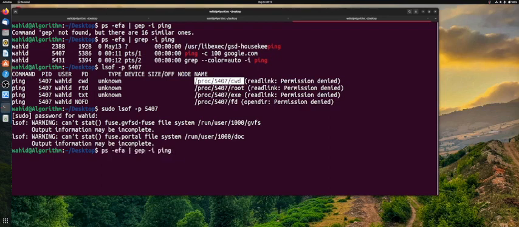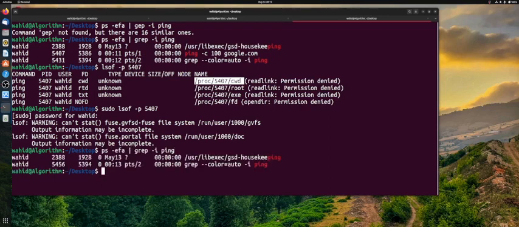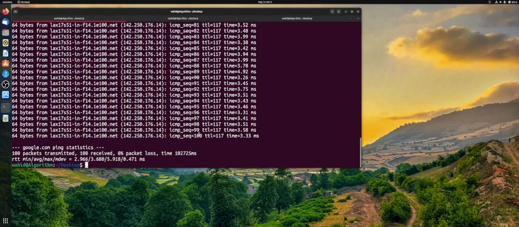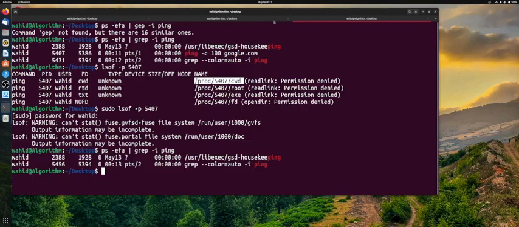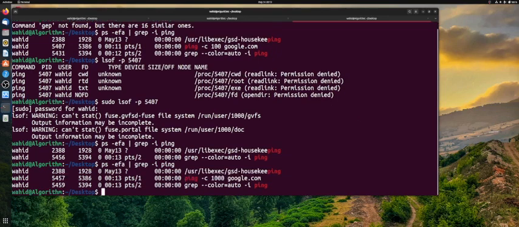So if I just do this command again, you see that that process is not there. And if I just come back here, that process already terminated. So instead of ping 100, let's say do 1,000 times or 10,000 times. This is just going to run for a while. Now I come back here and I just do the same command, say check it out. Now ping is there, and then if I do sudo lsof, list of open files, for -p process ID 5457,